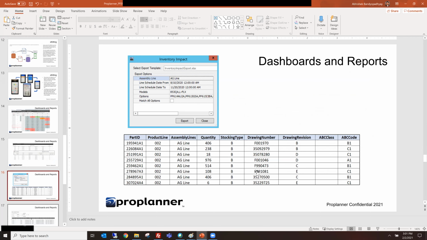Another report that I think is important from a PFEP standpoint is looking at the impact on inventory, right? So how many parts do I need in this given planning horizon? What line is it for? What models am I building? What models and options? Given that in Proplanner we have the knowledge from MRP about your production